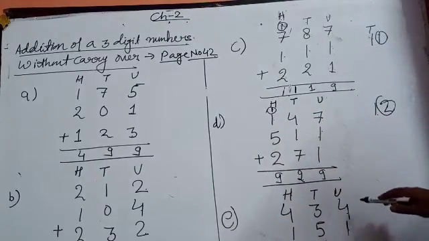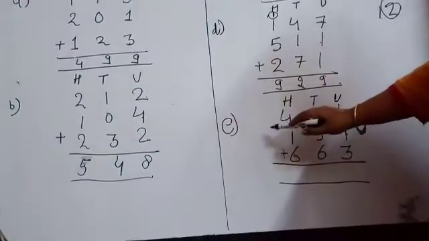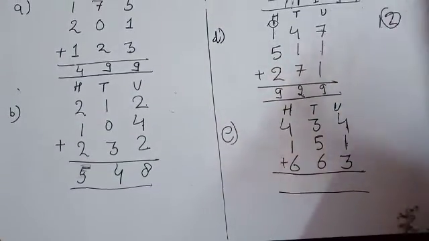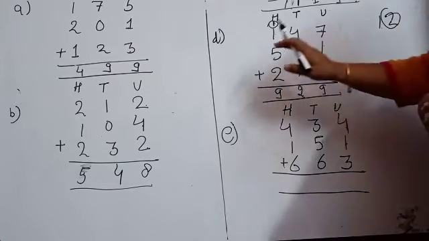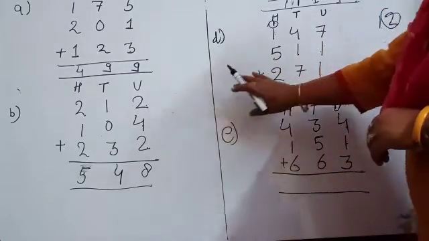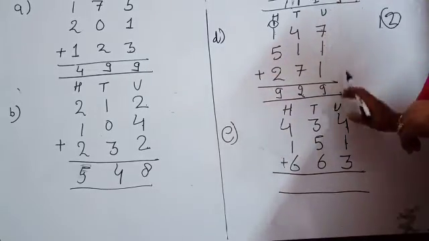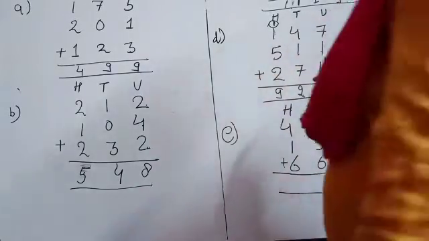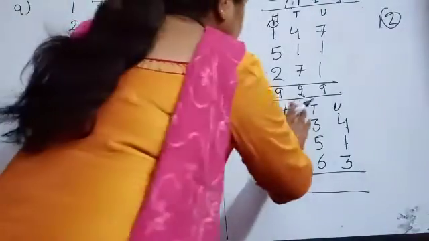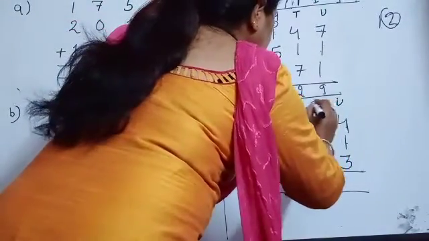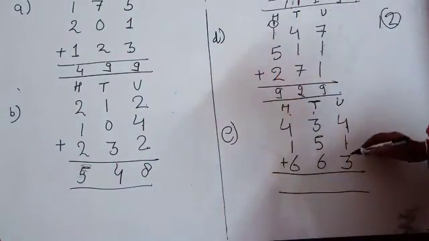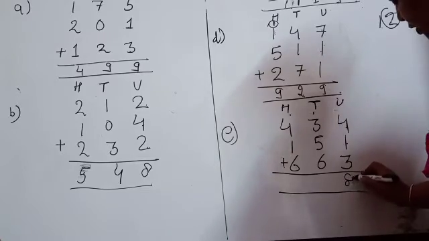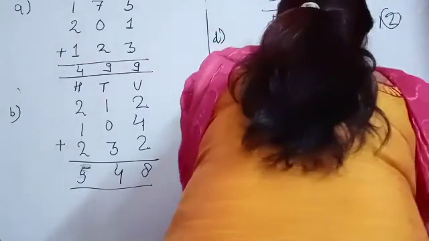Now see that again. E part also I am doing. So in this page number exercise, whatever is given to you, what you are learning, you have been given some questions without carryover and some questions with carryover. Now see that again. 100, tens, unit. See that now. 4 plus 1 is 5. 5 plus 3, 8. Be very clear in your table. Again I am repeating it.